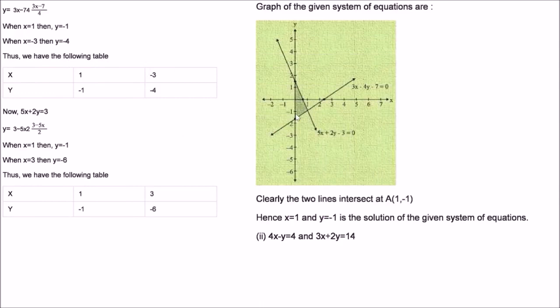Solve the following system of equations graphically. Shade the region between the lines and the y-axis. So these two lines are there. We can make the lines. And now what we have to do here is, this is your y-axis, this is your first line, second line, and this is the region you have to shade.